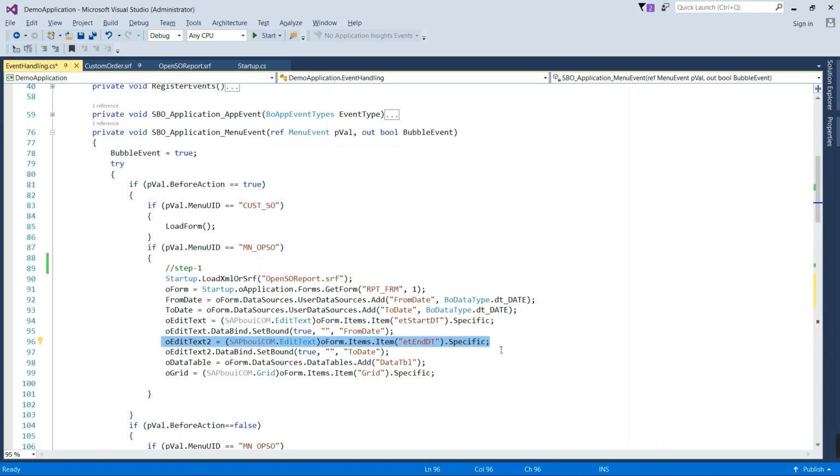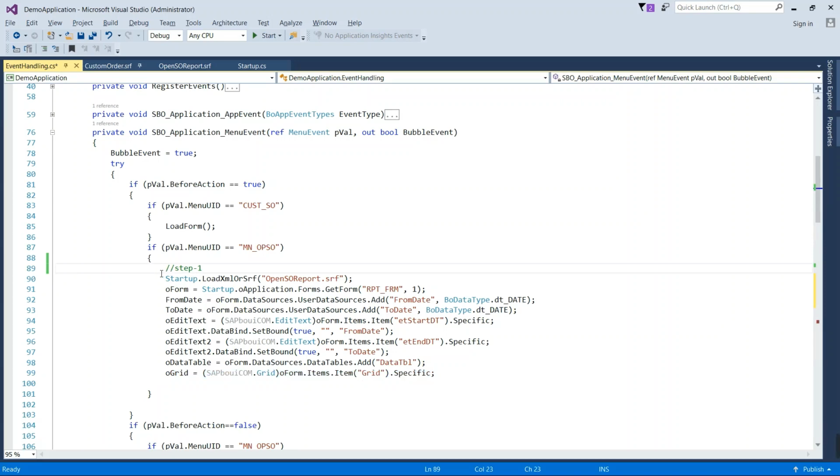We have created an object for edit text box 2, and here we are binding the user data source with the name toDate with the help of the set bound function. And in the next statement we are creating a data table object here and a grid object here.